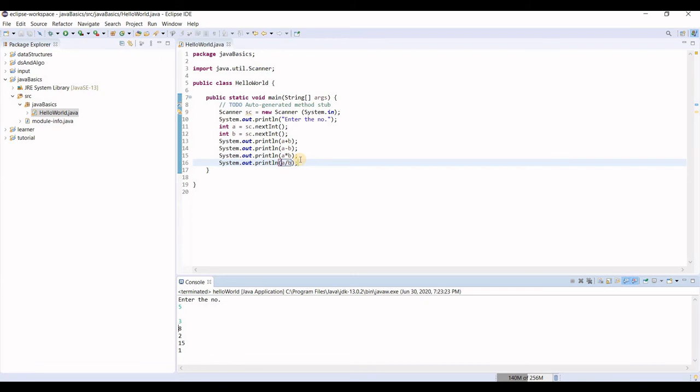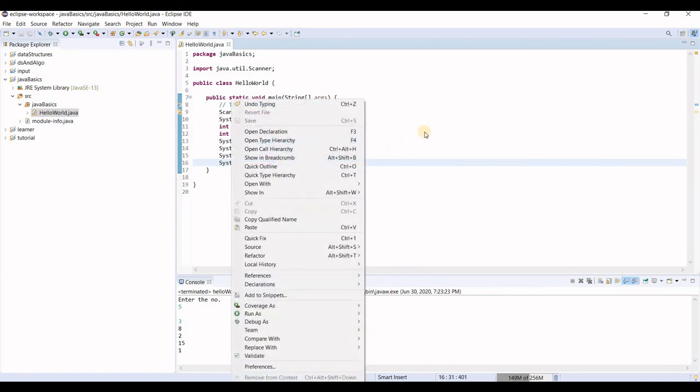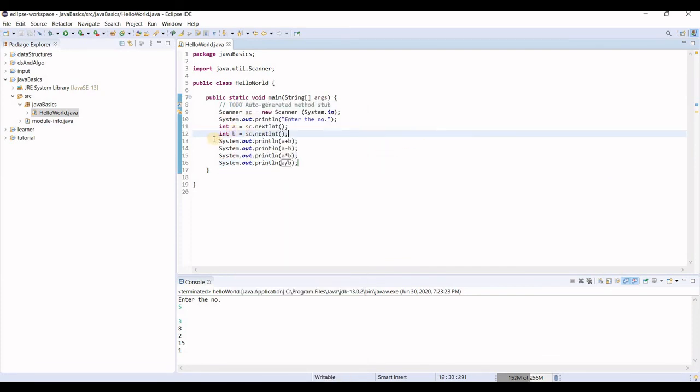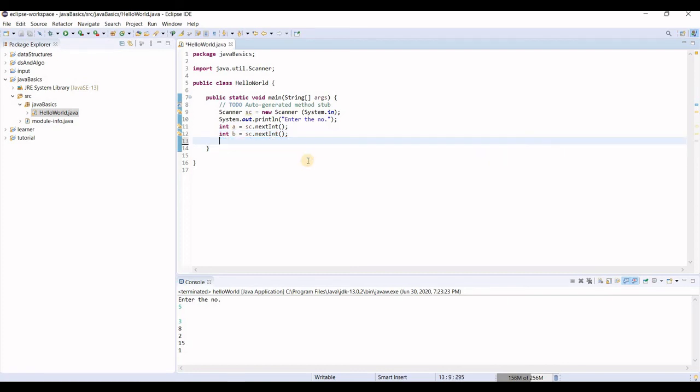And now let's do a famous question, to swap two numbers. So we are taking this a and b as input, and now let's swap them. That is, interchange the values stored in a and b. For example, you gave 10 in a and 20 in b. Now you want 20 in a and 10 in b. So what we will do, we'll create another variable, say c. We will store the value of a in c. a equals b and b equals c.